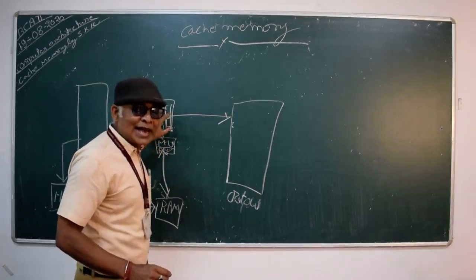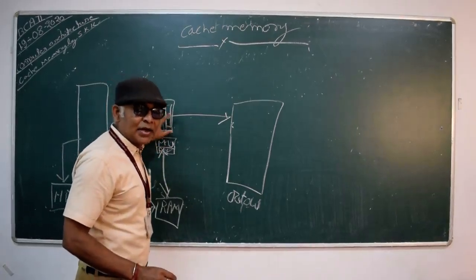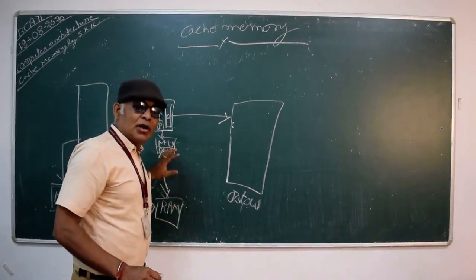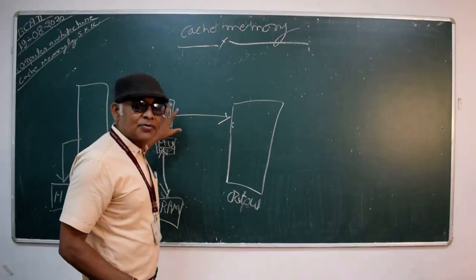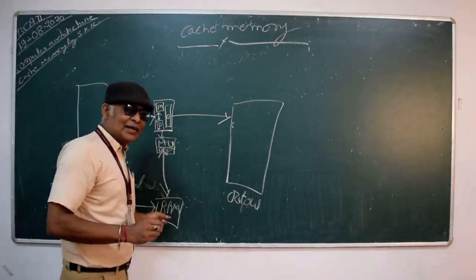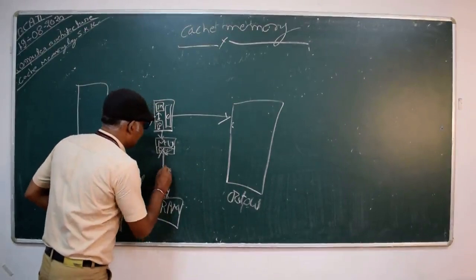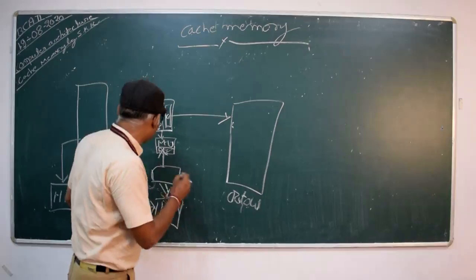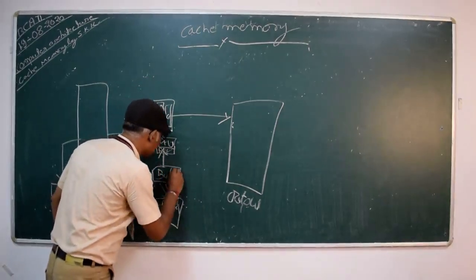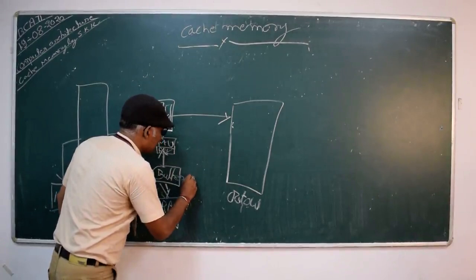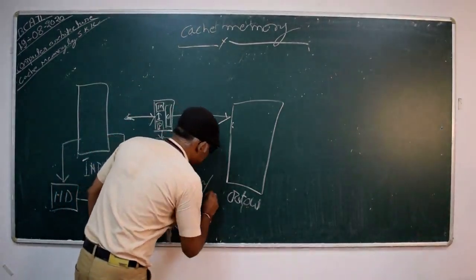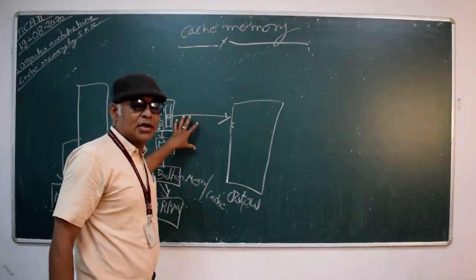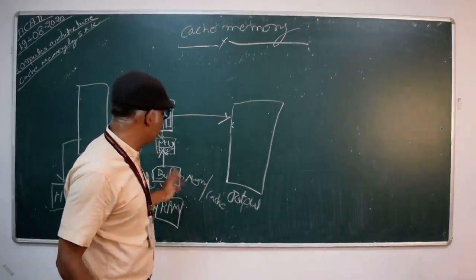So the CPU in that case heavily depends on the RAM, but the speed of the RAM is even slower than the processing speed of the CPU. So in between the RAM and the CPU, we have created a buffer memory, that is, high speed accessible memories known as cache memories, and that provides the direct information or instructions to the CPU.